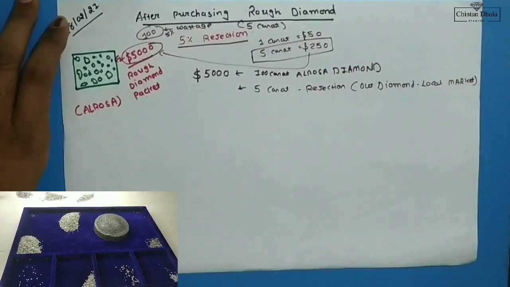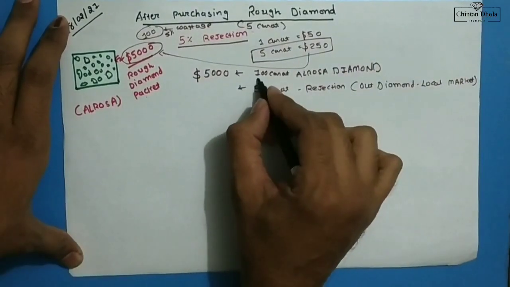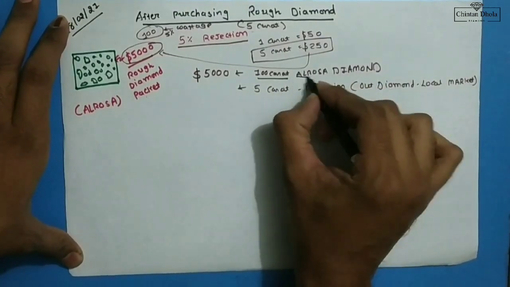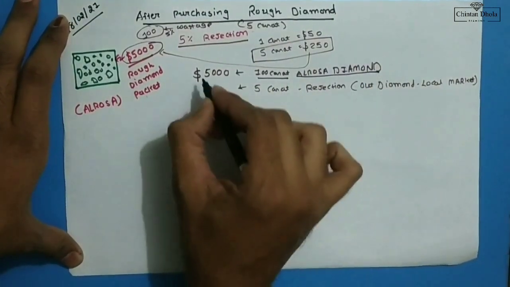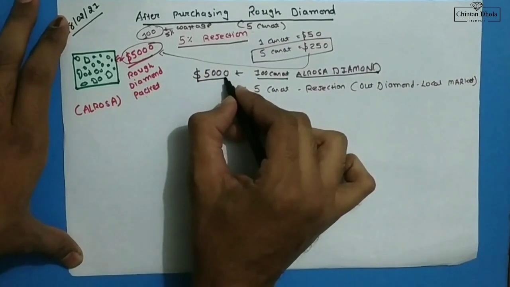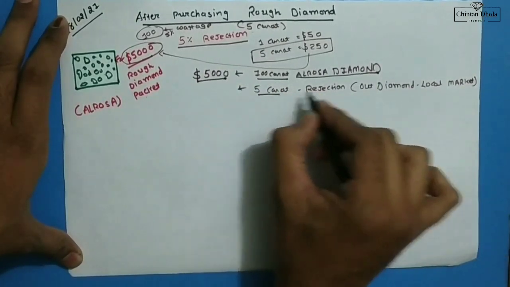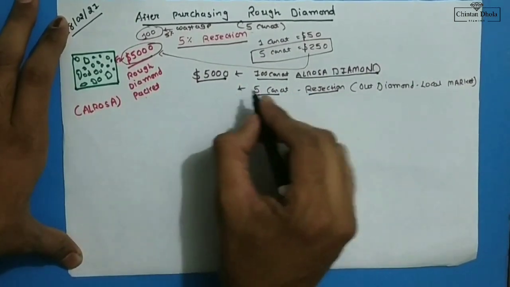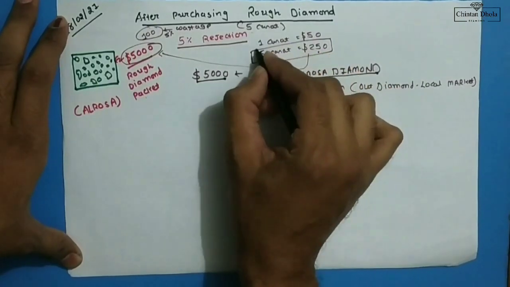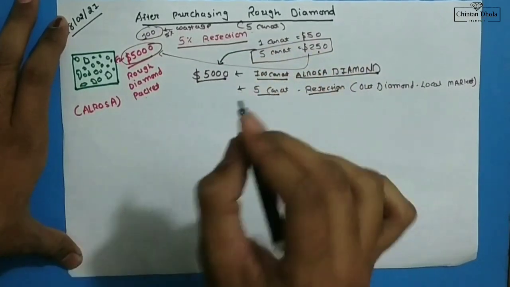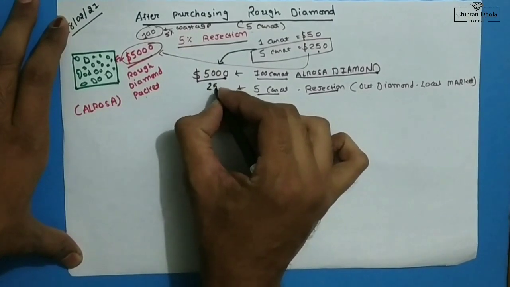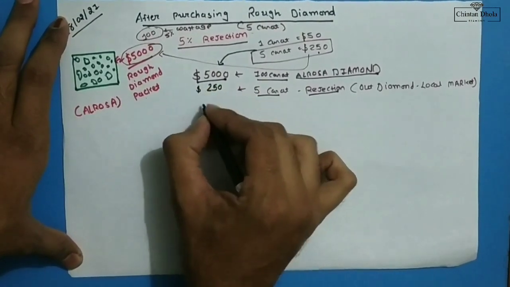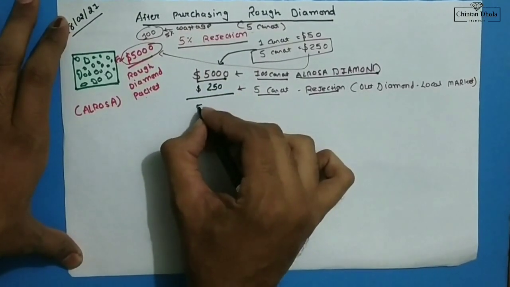You can see here we get 100 carat Alrosa rough diamond at costing $5,000. 5 carat are rejection, so we have to include this cost also in our purchasing cost. Now we include the $250, and after that we get